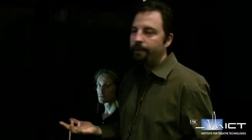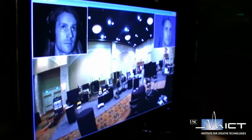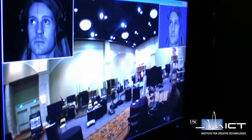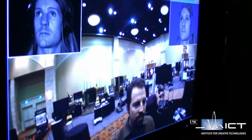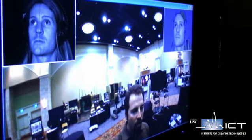And then by texture mapping that geometry, you're able to have a 3D geometric model that updates at the standard frame rate of video. Now, when Andrew looks at the rest of the screen here, he's actually seeing the rest of the exhibit hall, and that's where if I go and stand over there, you should be able to see me talking to Andrew. Andrew can actually see when we're having our